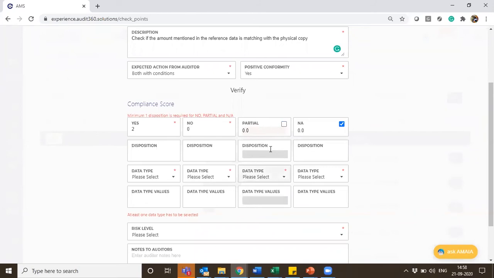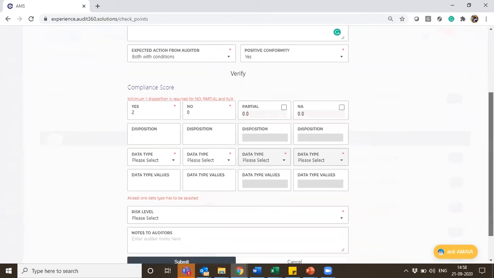So this parameter is not part of audit execution. Similarly, not applicable. When an amount has been verified, not applicable scenarios are very few. In many checkpoints, not applicable may or may not apply. Even in that case, we can choose whether we would like to keep NA or not. By default, yes or no will be there. Partial and NA are optional items, and by default they would be checked. If it doesn't require any action here, you can just uncheck them, so that these parameters or compliance options are not there for an auditor, so that he doesn't pass incorrect information.